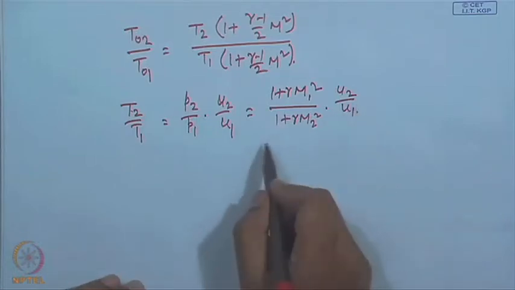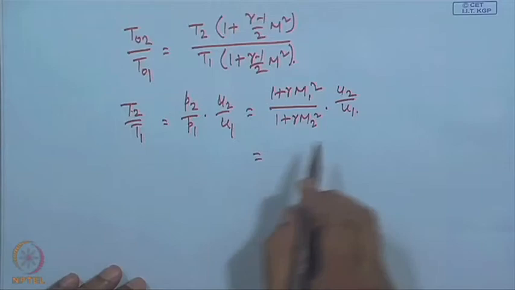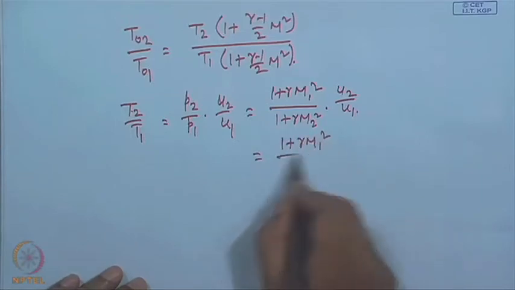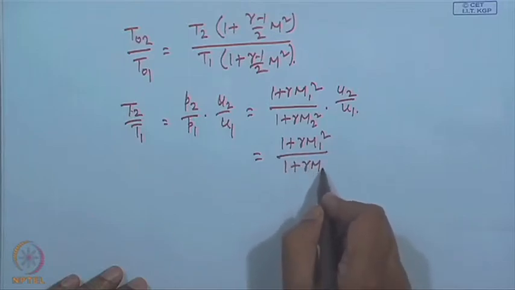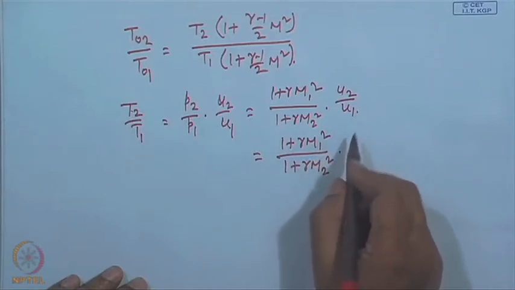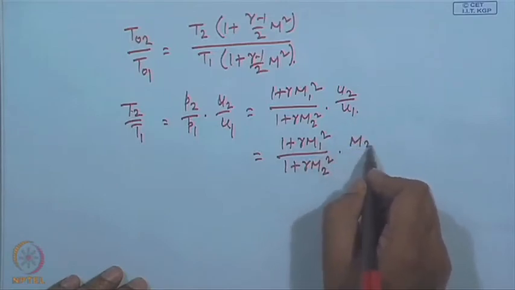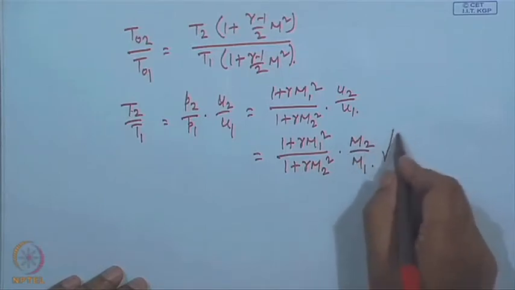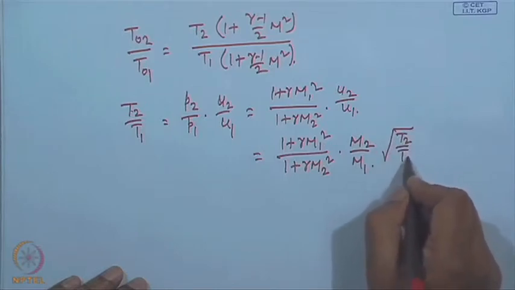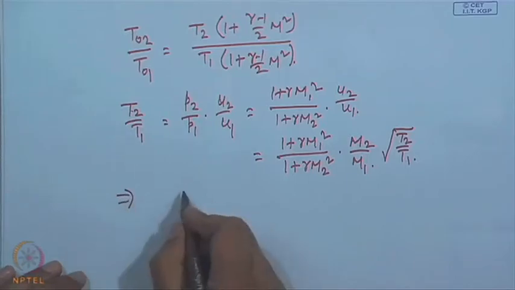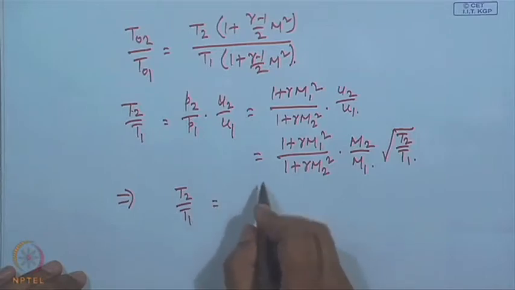Also, we have U2 by U1 as M2 by M1 into root of T2 by T1, and this gives T2 by T1 equal to